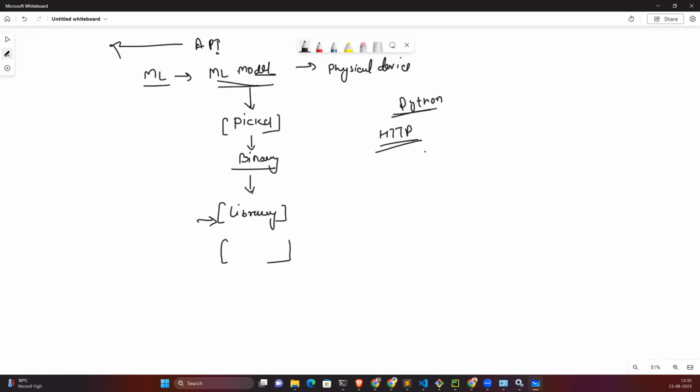So who is going to provide this protocol? This protocol is provided by different, very famous libraries, Flask and Django. We are going to use this kind of framework. And third, I think FastAPI, which is also very popular right now. Today I will show you everything with the help of Flask, and I'll show you one more API built with FastAPI.